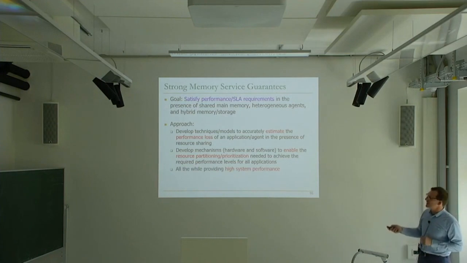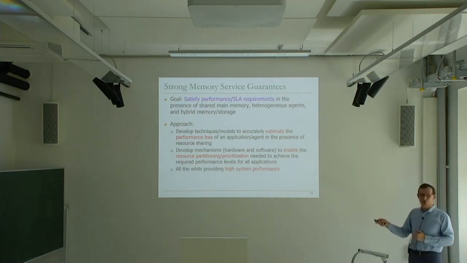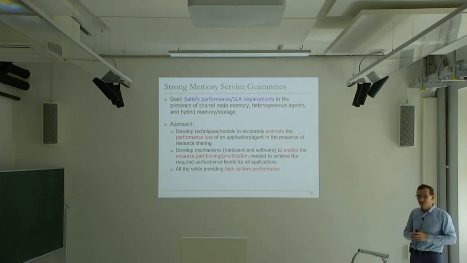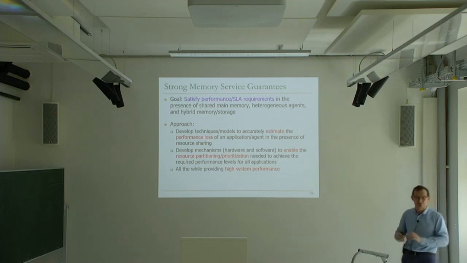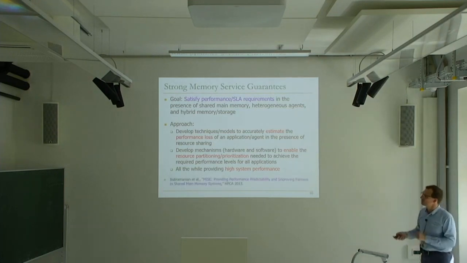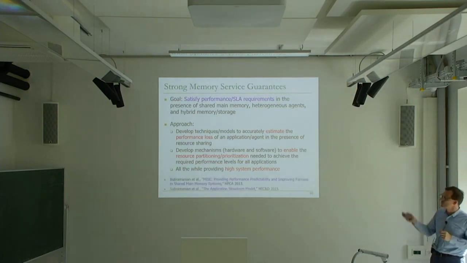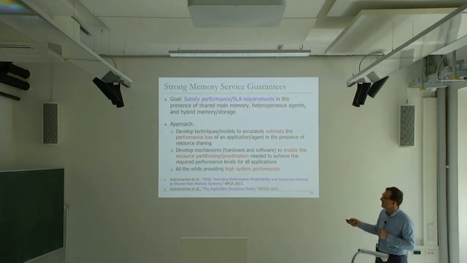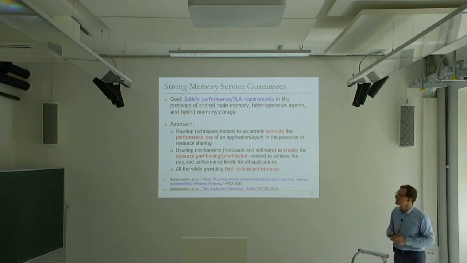Of course, all the while providing high system performance, because this is a really easy problem to solve otherwise, right? If your goal is not high system performance, you can design a 1,000-core system, share the memory controller, and if you're running a latency critical application, you ensure that that's the only application that's running in the system and nothing else. Now you wasted all of those 1,000 cores, right? So it's an easy problem to solve if your goal is not high system performance. But we want everything. So maybe we'll get to cover some of these works that develop these slowdown models and then feed the memory controller and caches so that you can partition the resources accordingly.